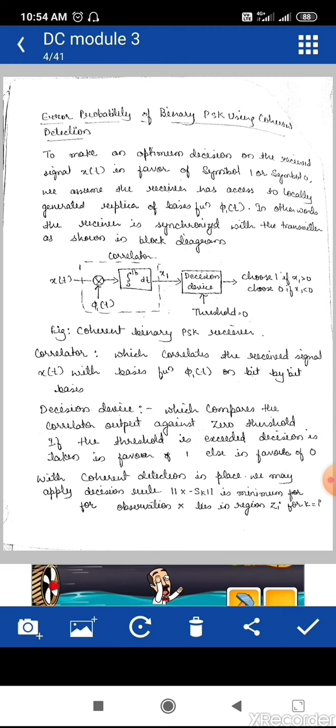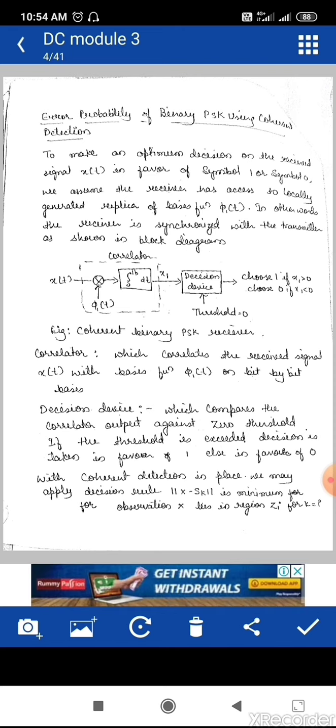So first we will talk about how to detect the signal, that is when we receive x of t. We know what x of t is. x of t is a received signal which is corrupted by the additive white Gaussian noise, because we are passing the signal Si of t through a channel. When Si of t gets added with the noise, we are going to receive x of t.